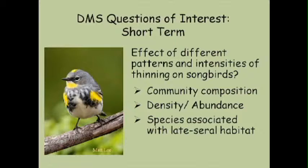And the main thing being, for my talk, what is the effect of different patterns and intensities of thinning on songbirds? And this is in the early stages post-thinning. And the response variables I'm going to look at are community composition, so the species that are present, and the density and abundance of those species, and with particular attention to what happens to the species that are associated with